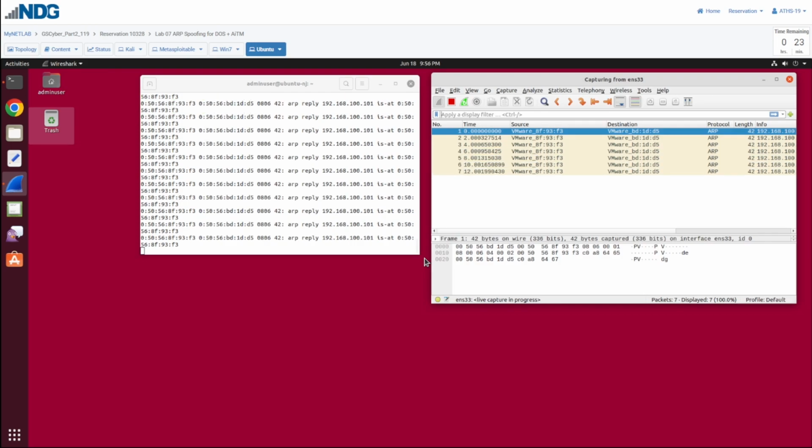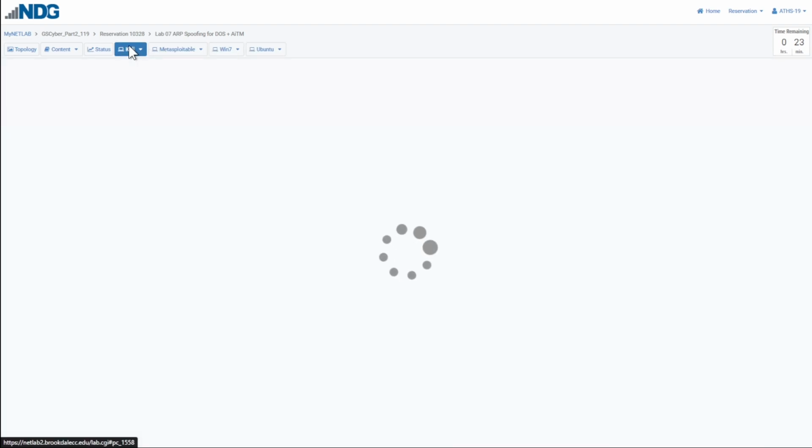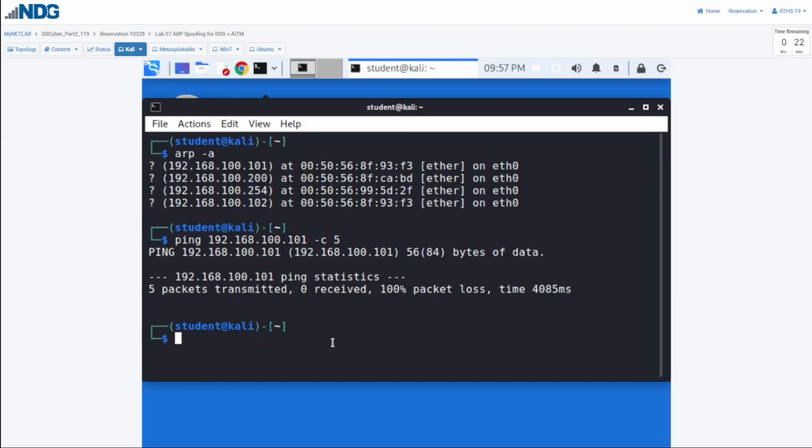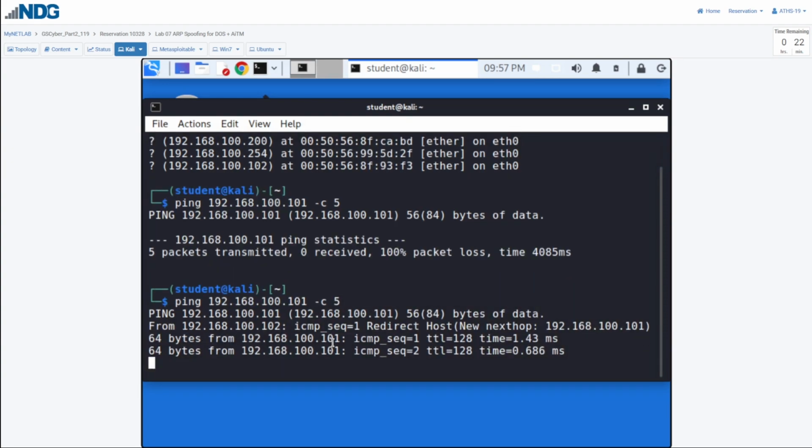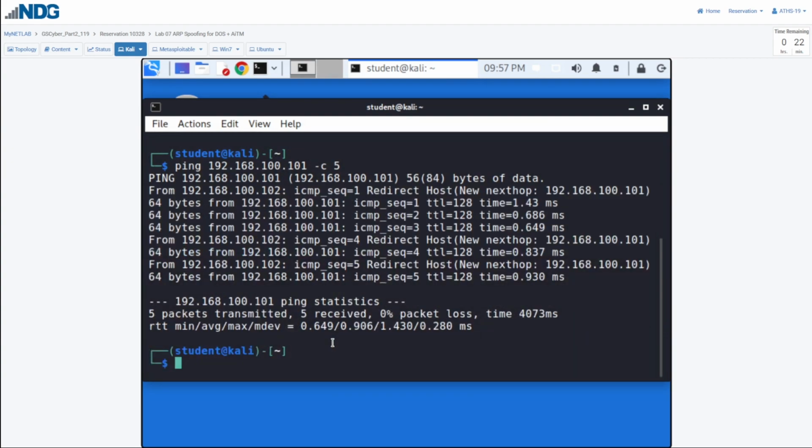Now, move to Kali again for the Win7 machine. Type ping 192.168.100.101 space dash c space 5. Notice that this time the ping does receive replies. If you don't receive responses, then you're either too good at hacking and created an unstoppable DoS,